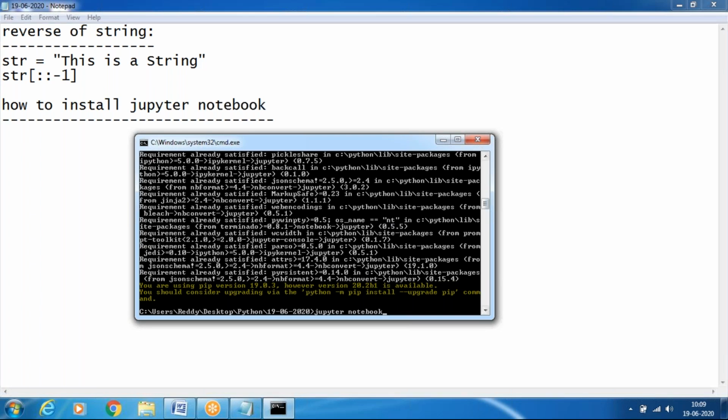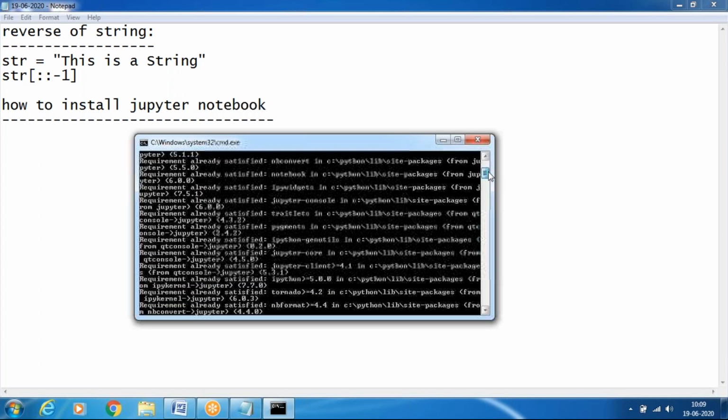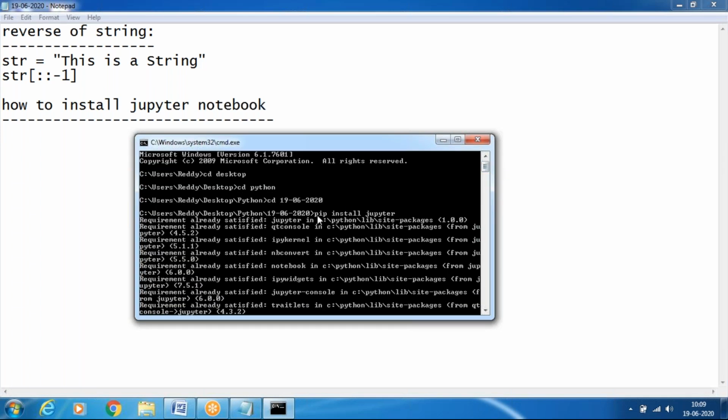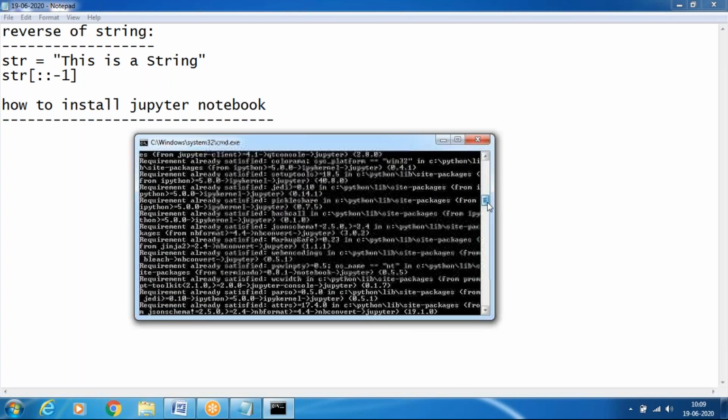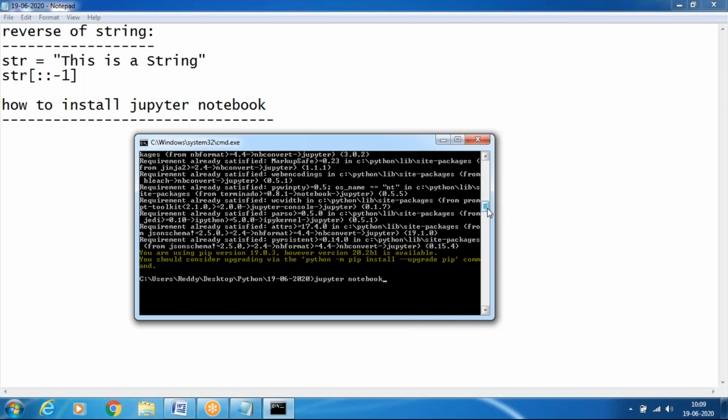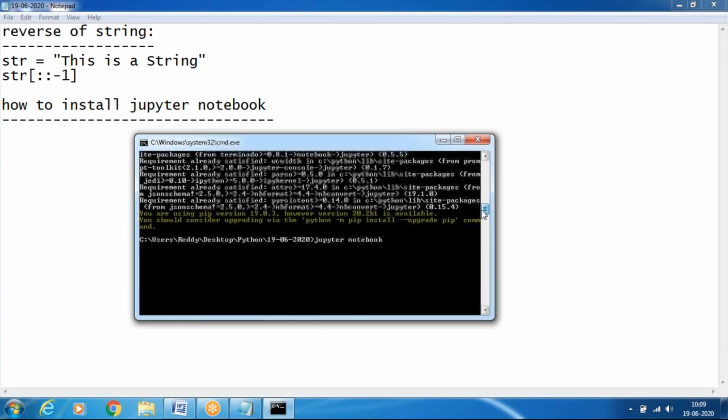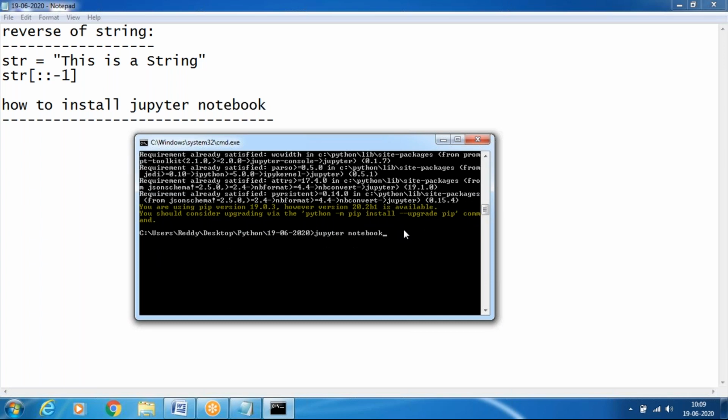To install the Jupyter notebook, the command is pip space install space jupyter. Enter it. It will automatically install the Jupyter notebook if your path setting is proper. Only in that situation will it install properly, otherwise it will not install.